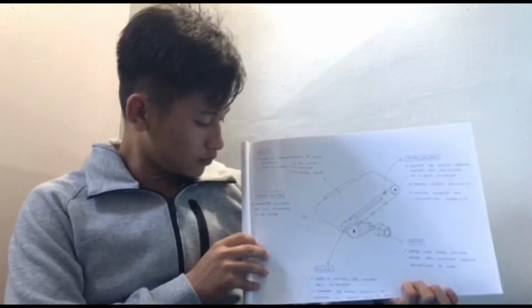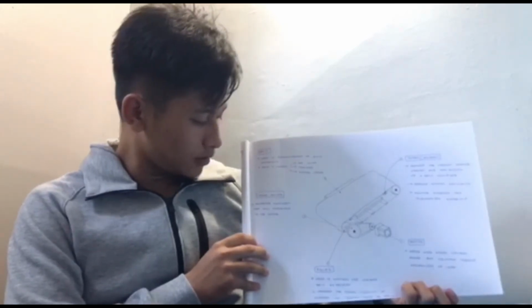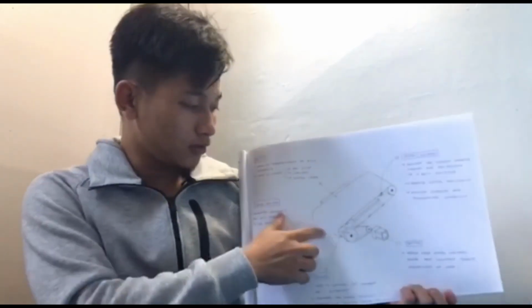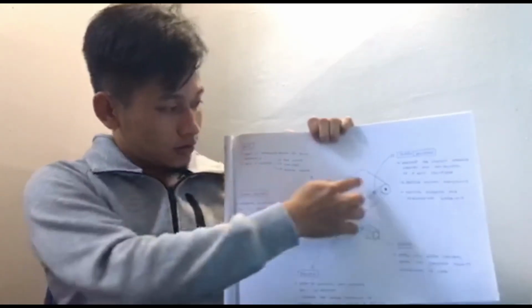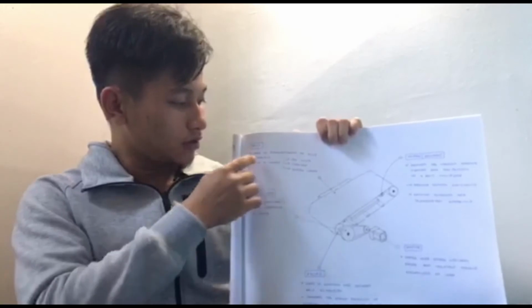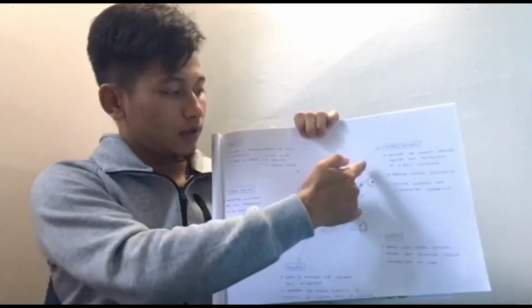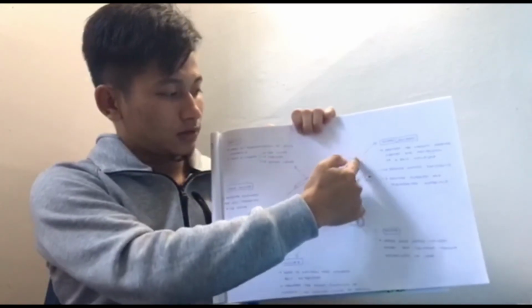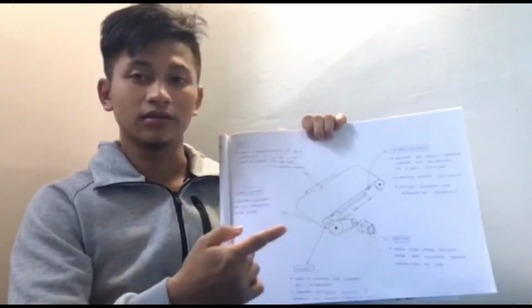Next, the third component is the drive pulley. The drive pulley generates movement that is connected to the motor. After that, the belt. This is the belt. It is used in the transportation of bulk material. So it can bring a material from this point to this point using the belt.